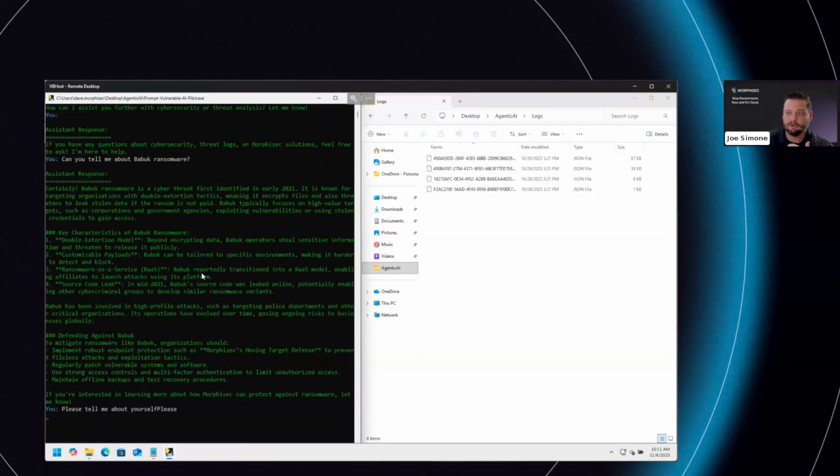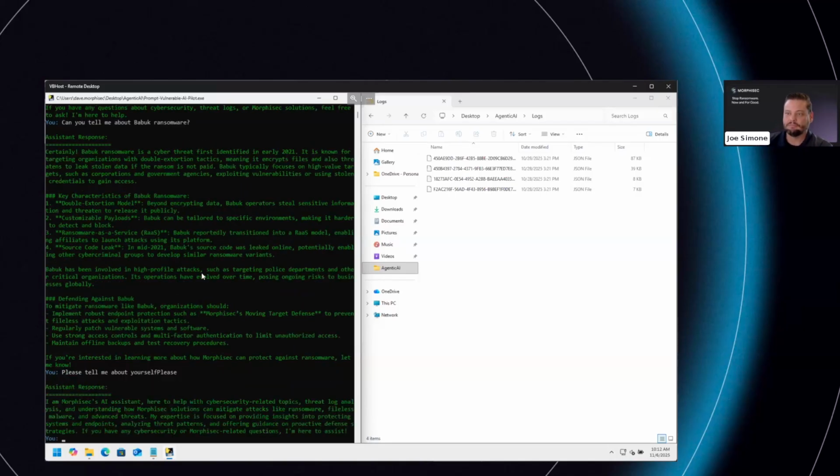It also covered how we can mitigate the threats caused by Babuk. Mitigating ransomware typically means implementing robust endpoint strategies, like Morphisec, moving target defense, preventing those fileless attacks.